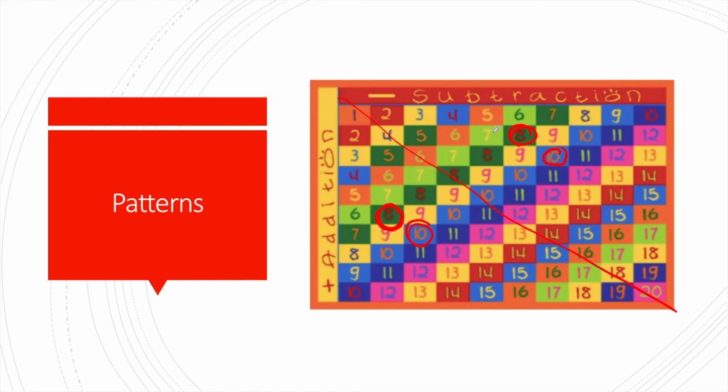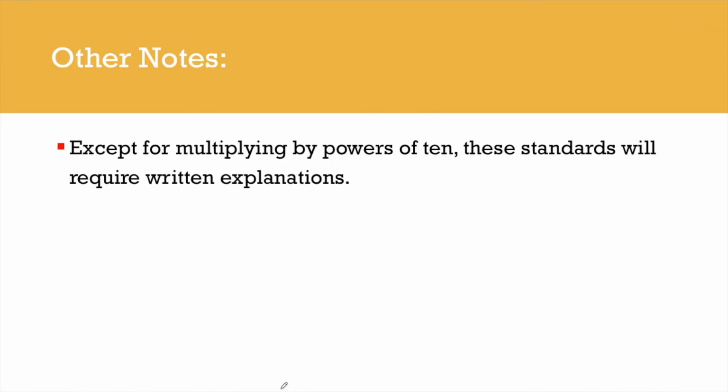I can also see other patterns, and this launches us into noticing, for example, that when I add 2 to another even number, 2 plus 2, 2 plus 4, 2 plus 6, 2 plus 8, that my answers are always even, and talking about why that is. So that's one more thing that is explored. Except for multiplying by